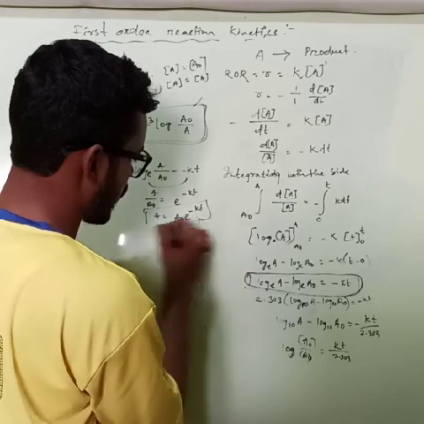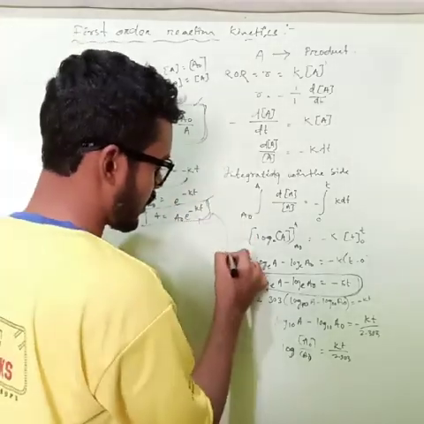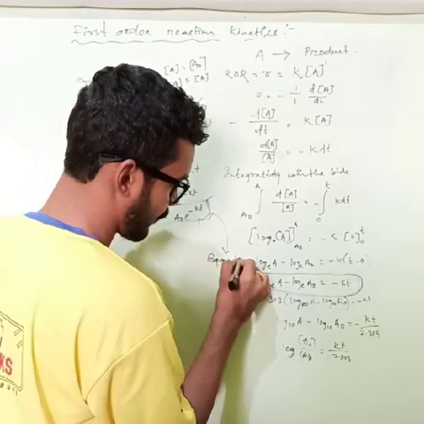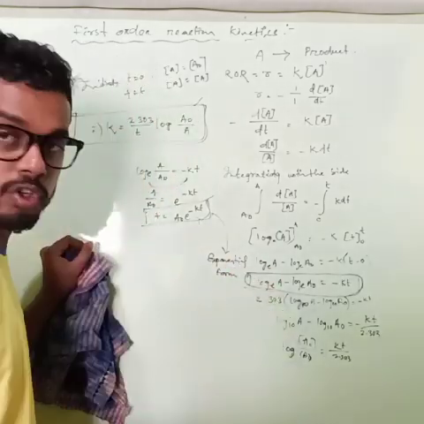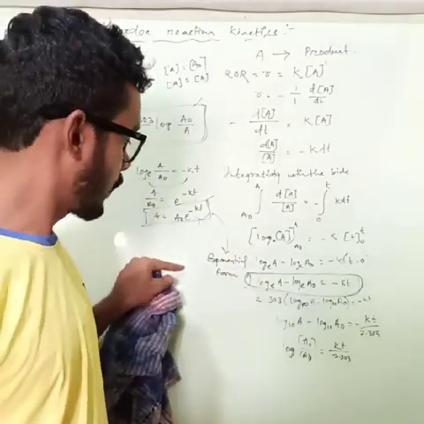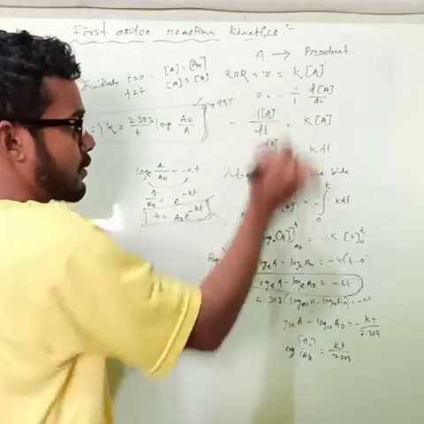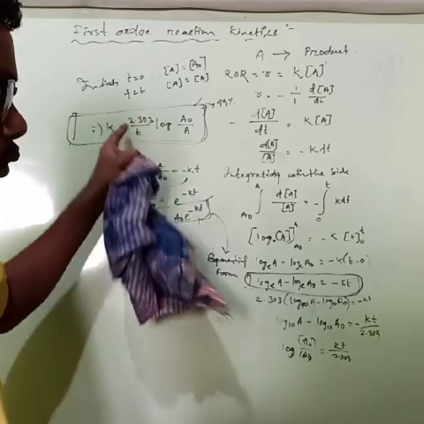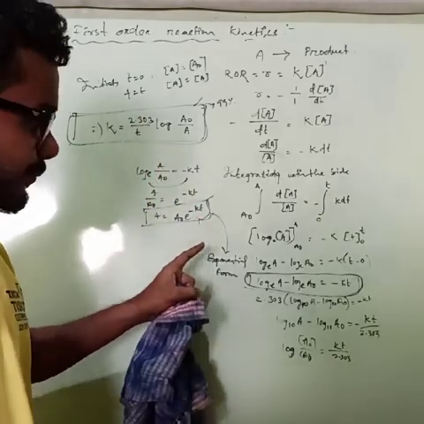So this is another form of the first order reaction, known as the exponential form or exponential equation of first order reaction. But you have to use the other one 99% of the time to solve problems. Okay, we will do that. Is it okay?